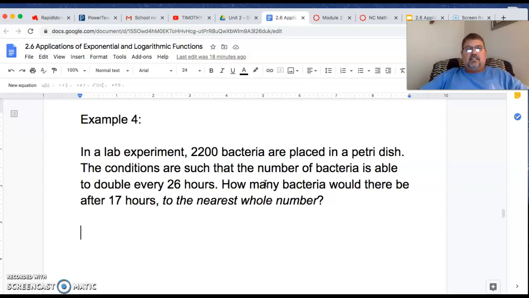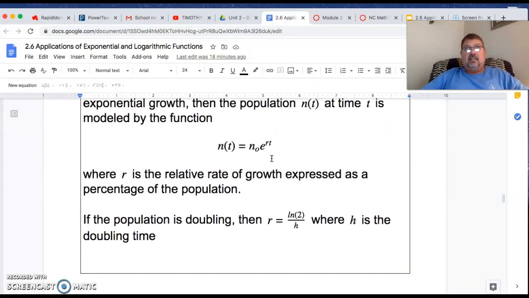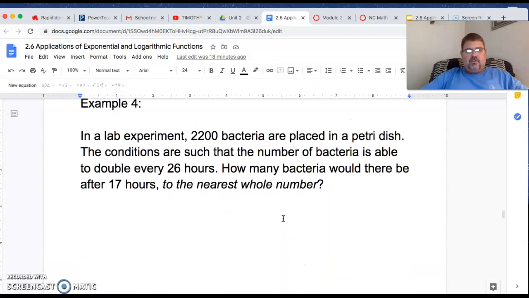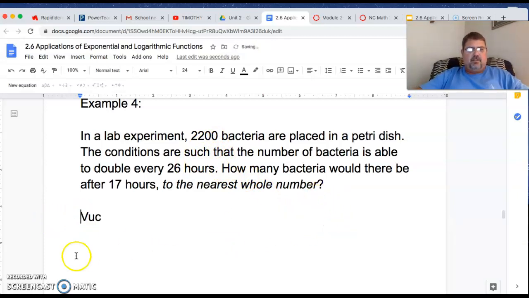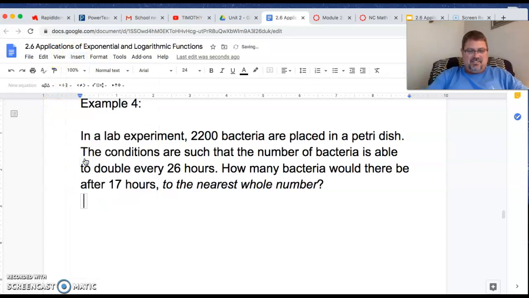All right, so this is asking for an amount. This might actually be a little bit of an easier problem than we've been working on, because it says how much or how many, which is a little easier to work with than saying how long when you're solving for t. That gets into a logarithmic equation. One thing we do need real quick is to calculate this r, and that's the natural log of 2 over 26. And I don't have it. I did that in the last video, didn't I? I think I'm so slick sometimes. So let's just do it like this. All right, so we need r equals